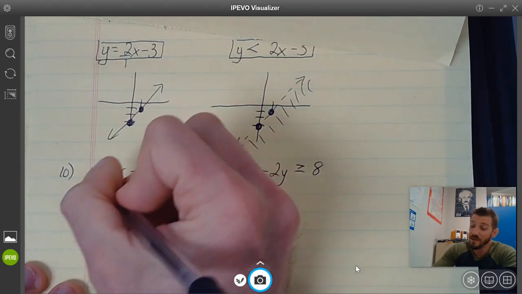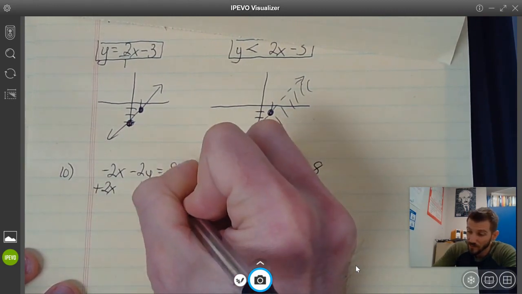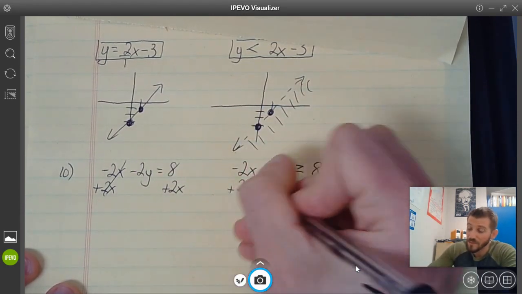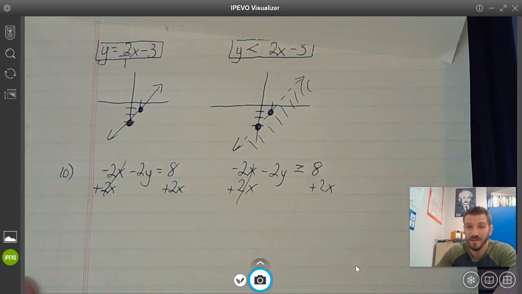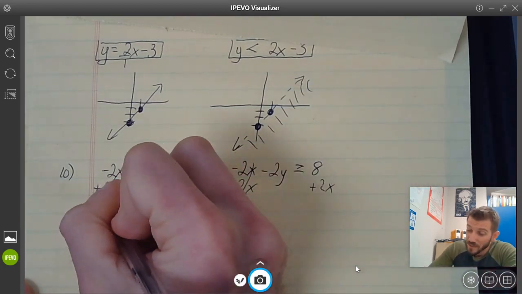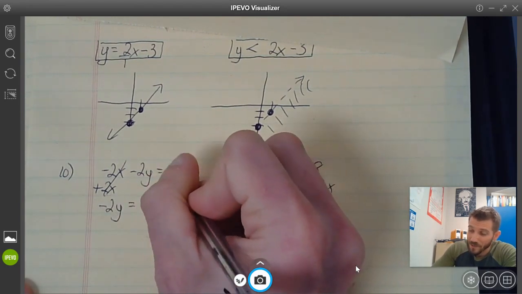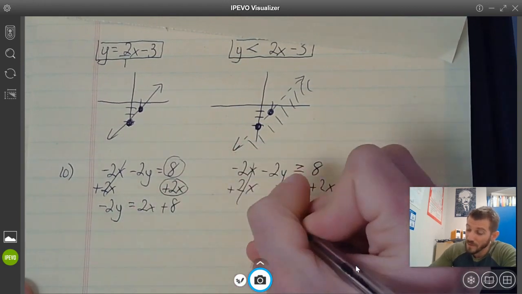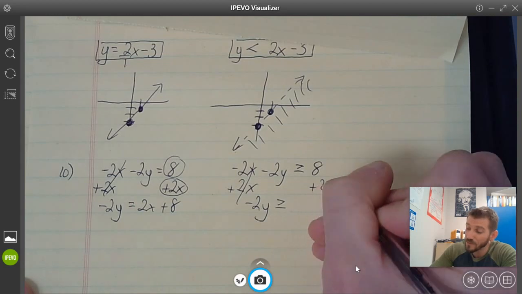You get rid of minus 2x by adding 2x to both sides. I'm going to solve them both at the same time because we should be good at that now, realizing that they're exactly the same process. Negative 2y is now equal to mx plus b, so 2x plus 8. Same thing here, negative 2y, still greater than or equal to